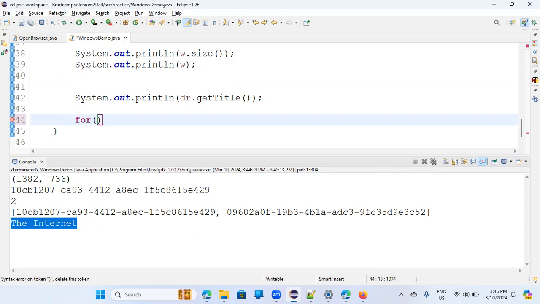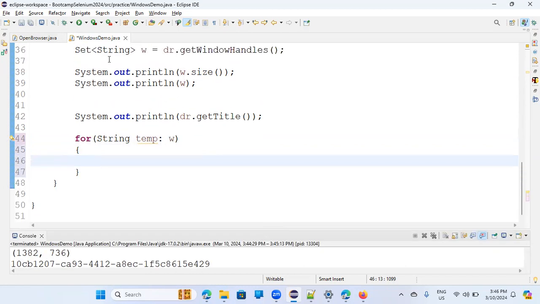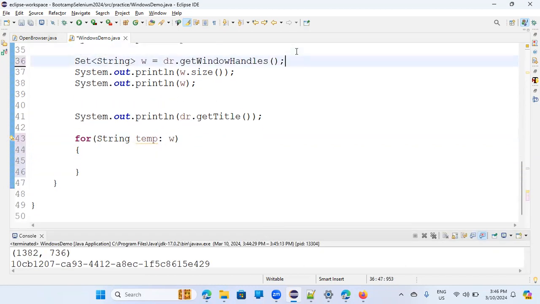I will write for String temp, a temporary variable here, and here, where is my handle? w holds all the handles, right? If you see the code, what I'm doing is, w has all the window handles, correct? Now, one by one, I will take each into temp, and I'll check